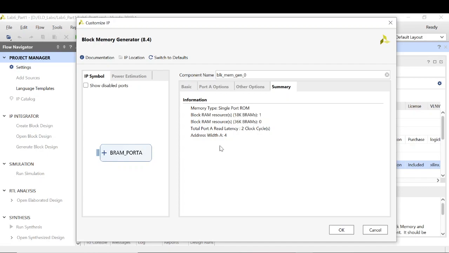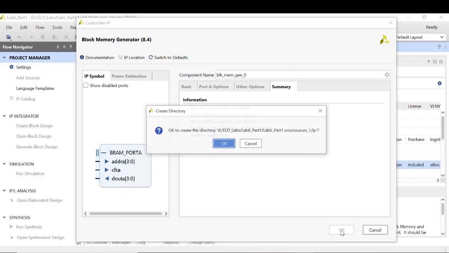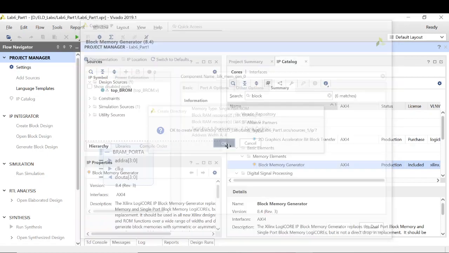The second thing is total port A latency. This is the latency: after these many clock cycles, we will be reading the data. Address width is 4, that is fine. That's all about the summary. You can also see the enable signal response, once we have selected it, is always enabled. So I can click on OK, fine.